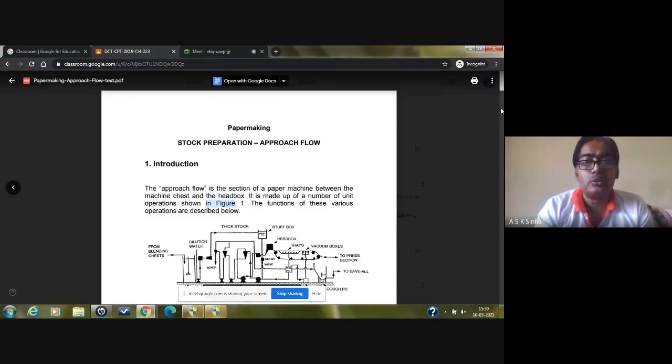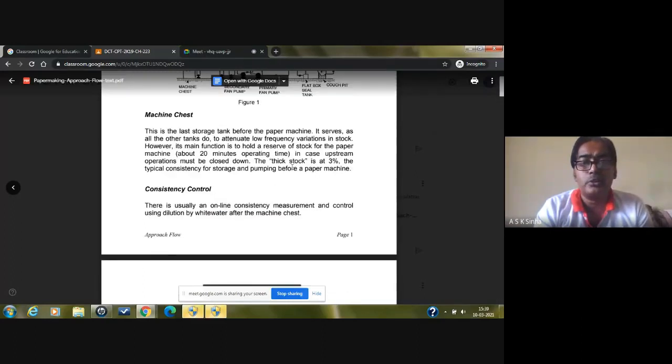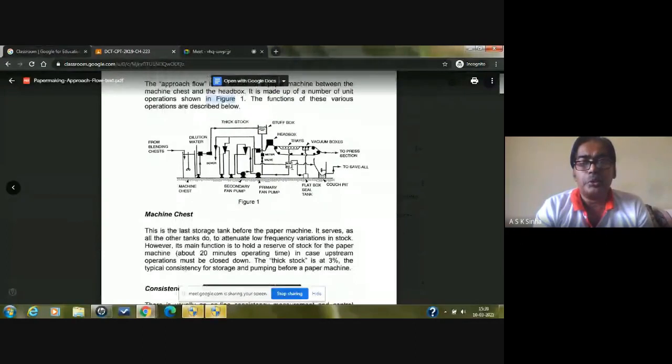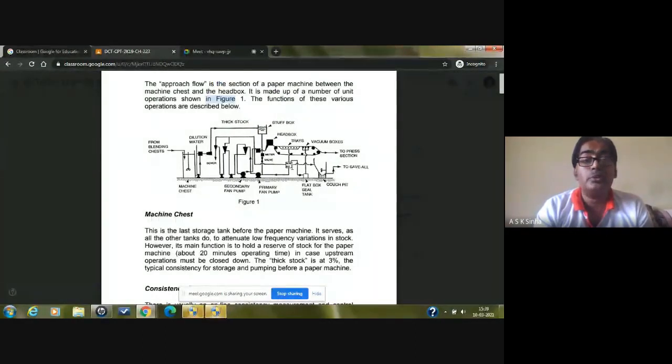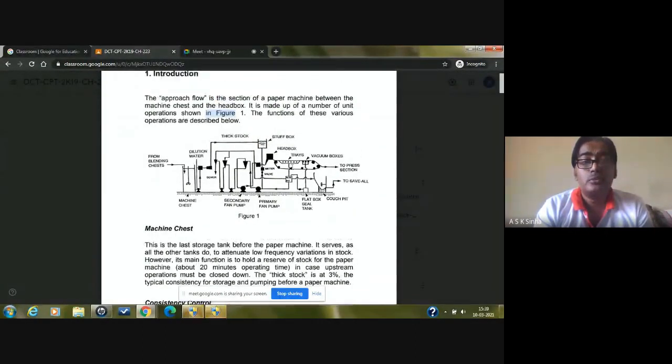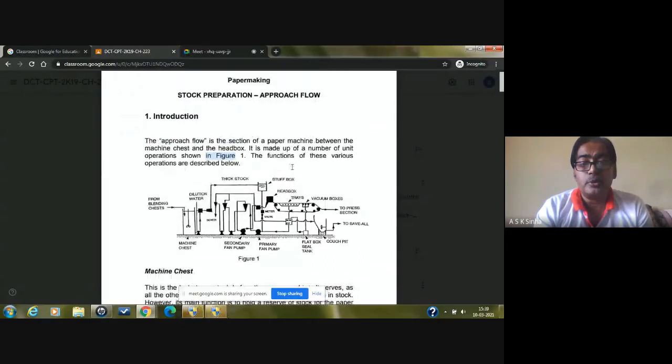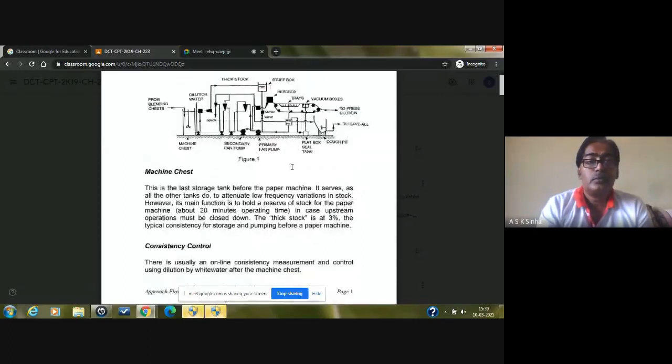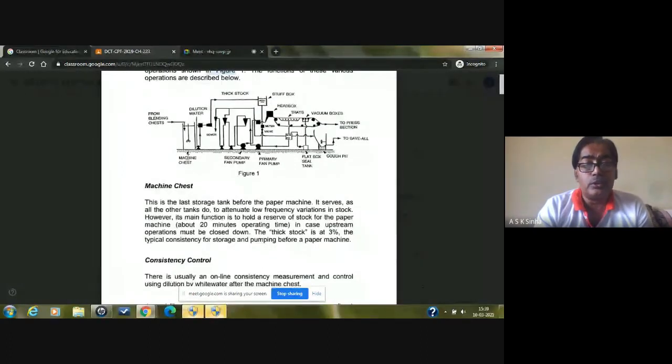You can see here basically we are adding all the chemicals and doing the mechanical treatments to the fibers for getting the required quality of the paper. So here, it's showing what the different sections are, like from the blending chest, the stock is coming, and